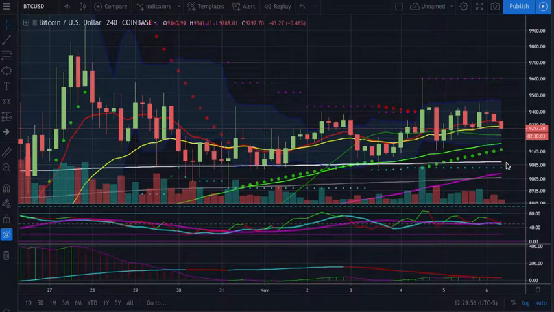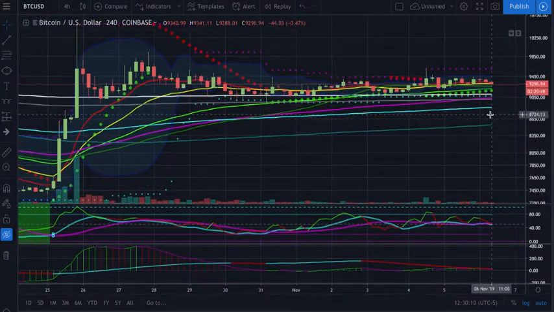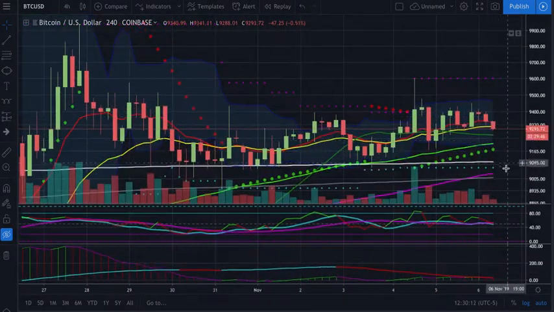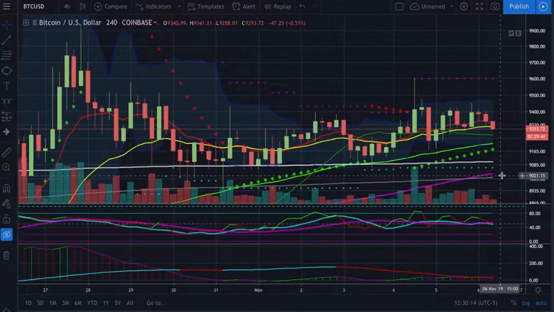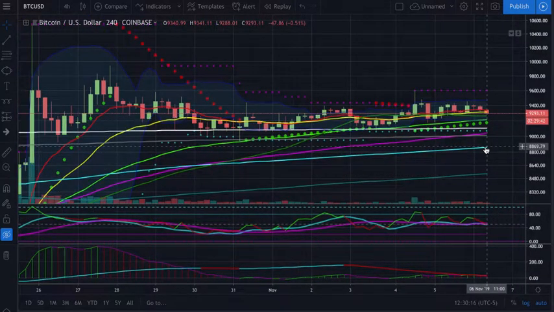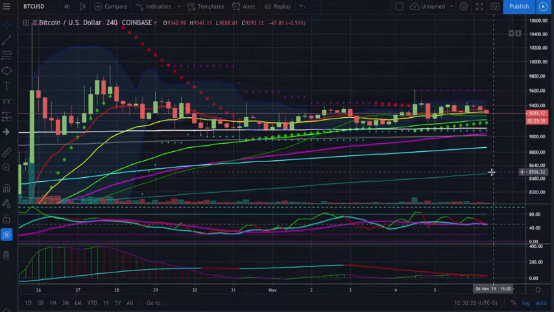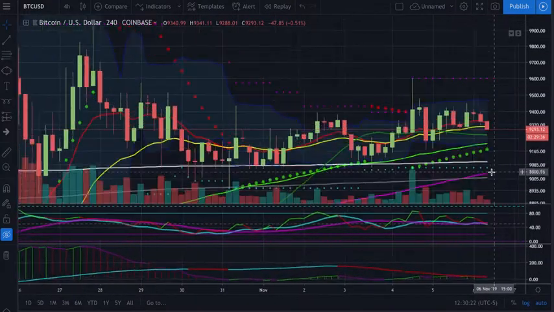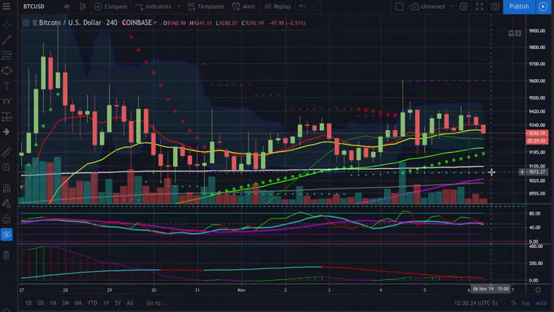So that's the main thing I'm looking for, is basically if we get a confirmed candle close below like the 9100 range, essentially taking out the parabolic SAR on the 4-hour and closing below the 377, I look for continuation to the downside, probably a retest of at least the 9,000 range, if not down to the 200 at 8,900 or 8,600.